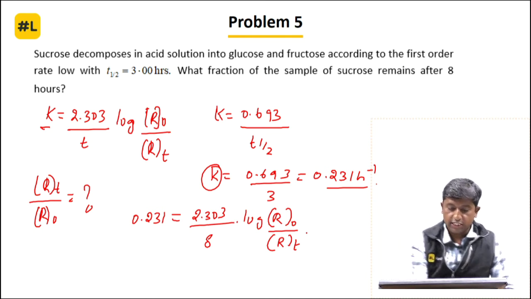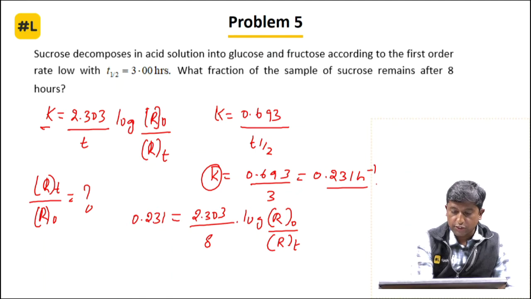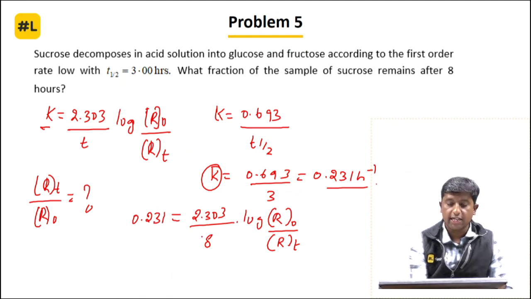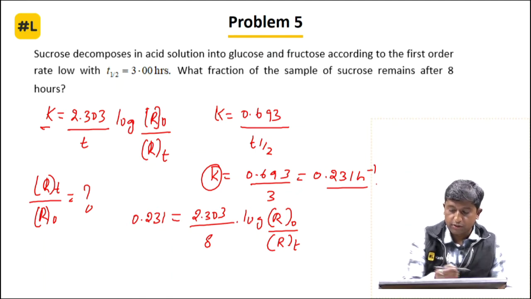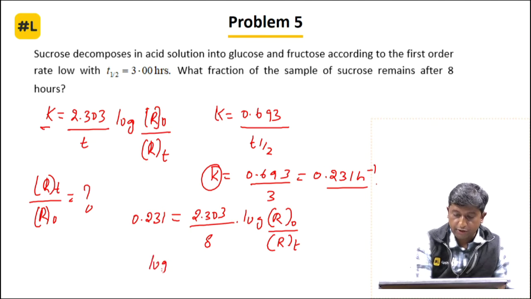Now, this equation can be rearranged: 0.231 multiplied by 8, and if you simplify this, you are going to get log of R naught by RT